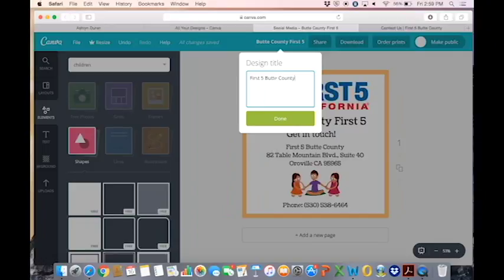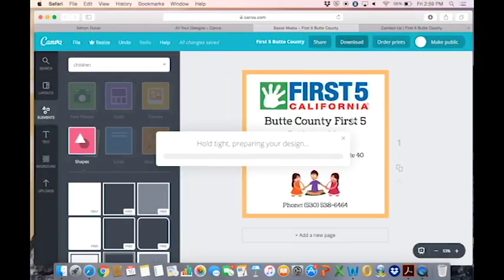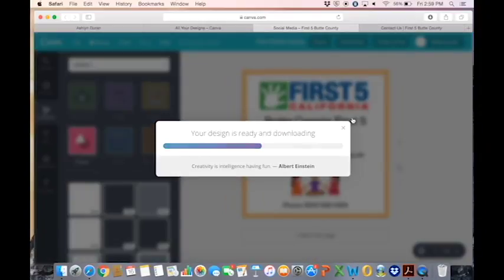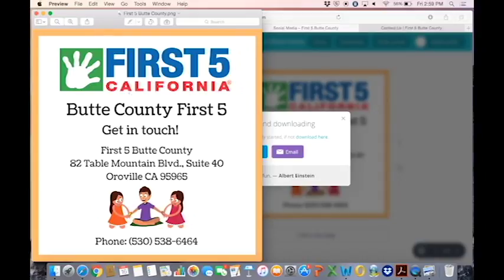So I title it First Five Butte County, and then you just go ahead and press download, and it'll download right to your computer. So it'll pull up right there, and it'll pop up, and then you can send it as an image, and you can plug it into your Facebook